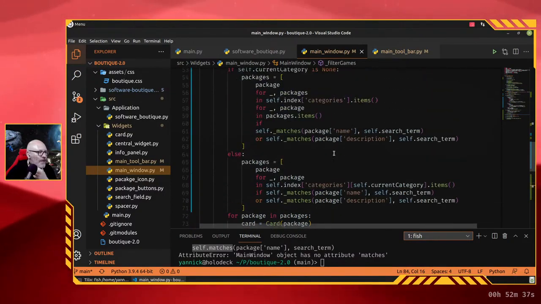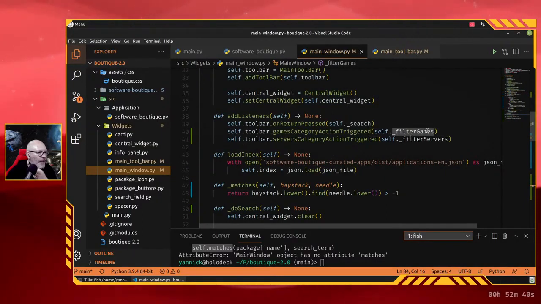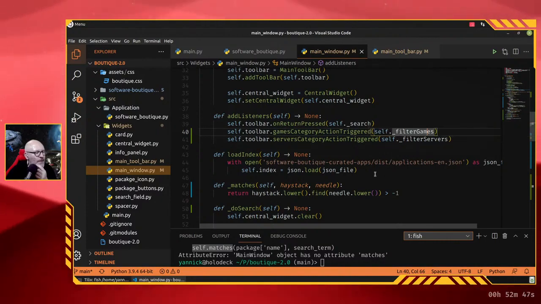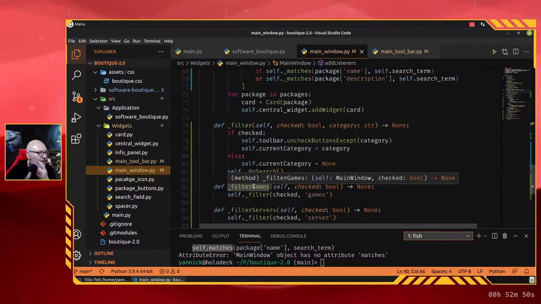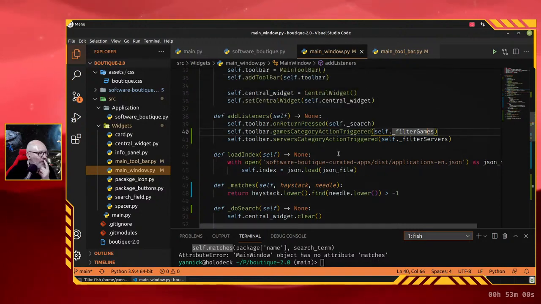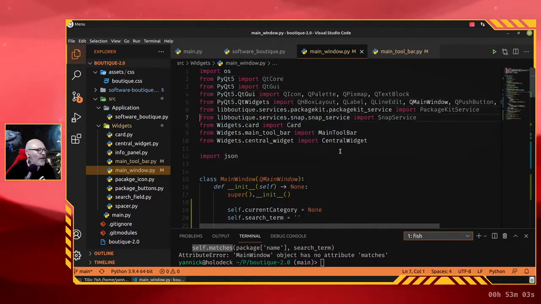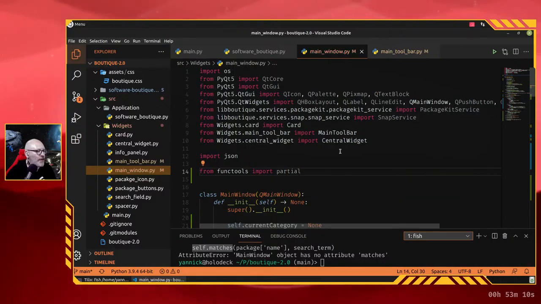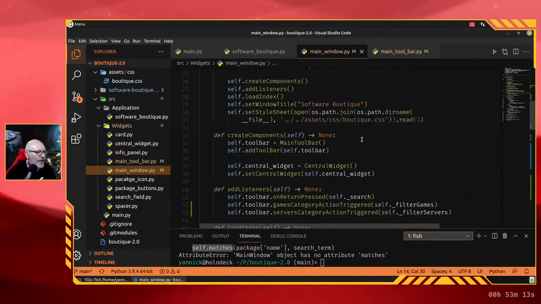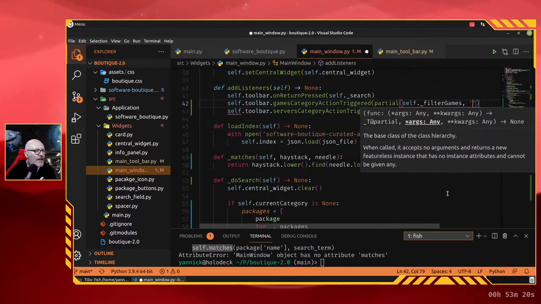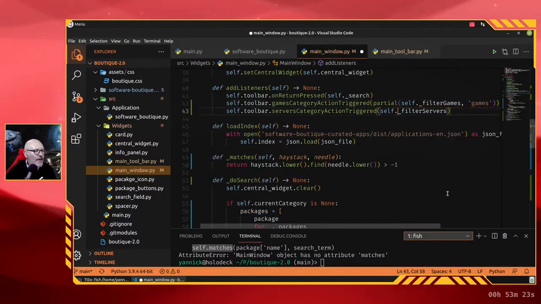to give the name of the action to that function, then I can have only one thing. Actually, that's in the category. What if from functools import partial? What if I was doing something like that? And then